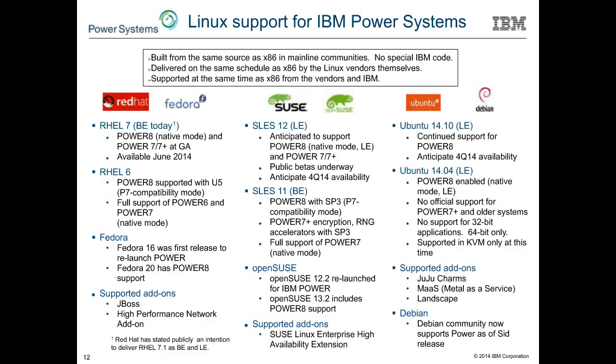So it's not like SLES 12 for Power appears 3, 6, 12 months after SLES 12 gets released into the marketplace. It's not like it has different versions of things. SLES 12 is SLES 12. Ubuntu 14.10 is Ubuntu 14.10. Libraries are the same, kernels are the same. Same in the sense of at the same level, built from the same source. Of course, the Power ISO has Power binaries, and the x86 ISO has Intel binaries. But it really is the same